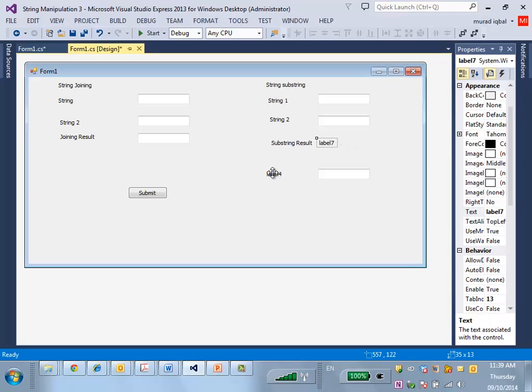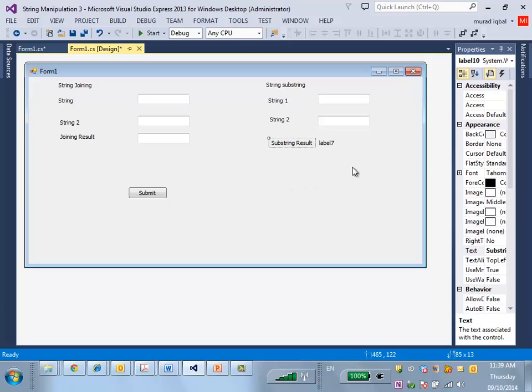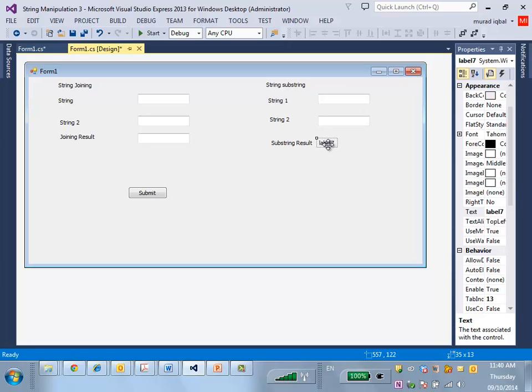This is substring result, and that's all. I don't need these. So I have right now over here, we did this and this is working fine. Over here now I am creating two more text fields. I will write somewhere over here, and I will do substring operation and show the result over here in label